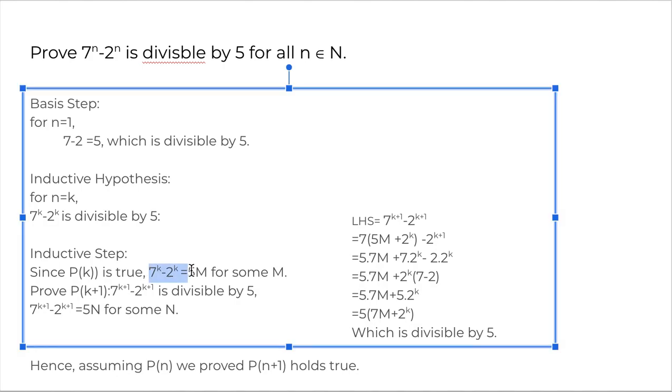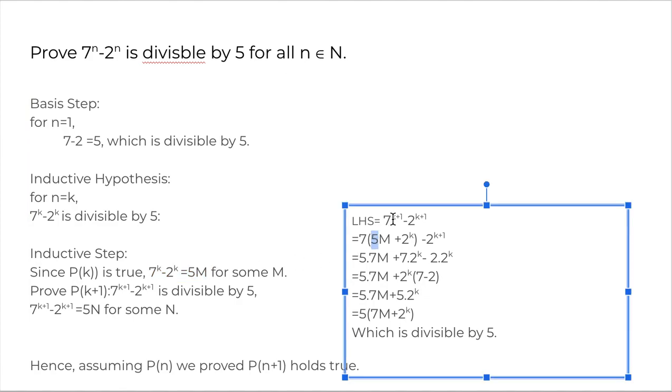So from this result, can we write that 7 raised to k is 5m plus 2 raised to k? That's right here. I broke 7 raised to k plus 1 as 7 times 7 raised to k, and I put in the value of 7 raised to k from here, that is 5m plus 2 raised to k, in this, and I open the brackets. I got 5 times 7m plus 7 times 2 raised to k minus 2 times 2 raised to k. Now 7 times 2 raised to k minus 2 times 2 raised to k would be 5 times 2 raised to k right there, right? I factored 5 out of that, so that's 5 times 7m plus 2 raised to k, which results in